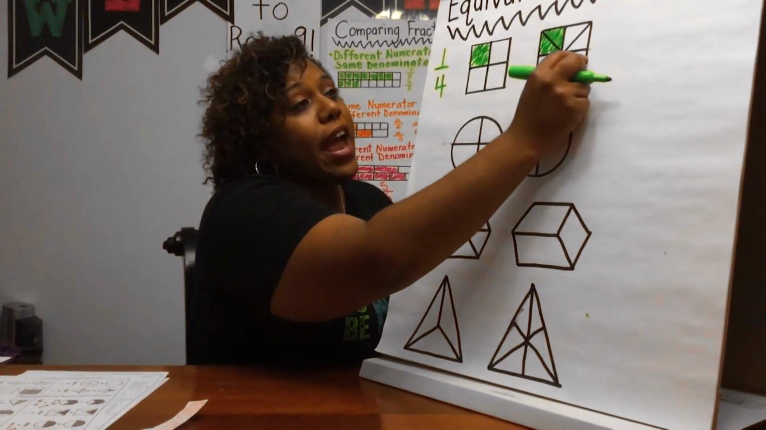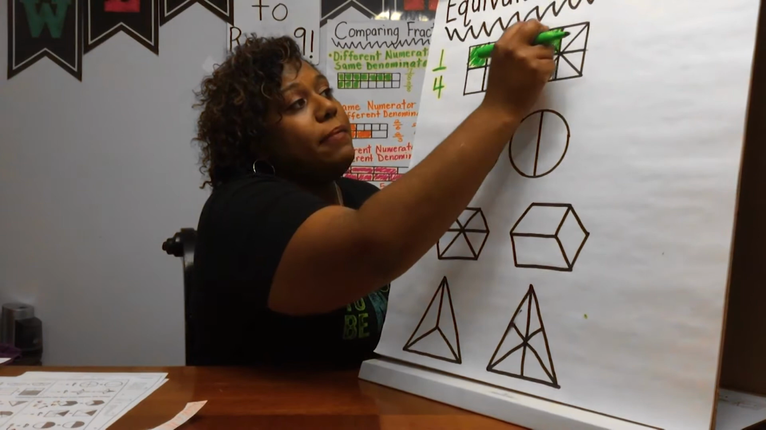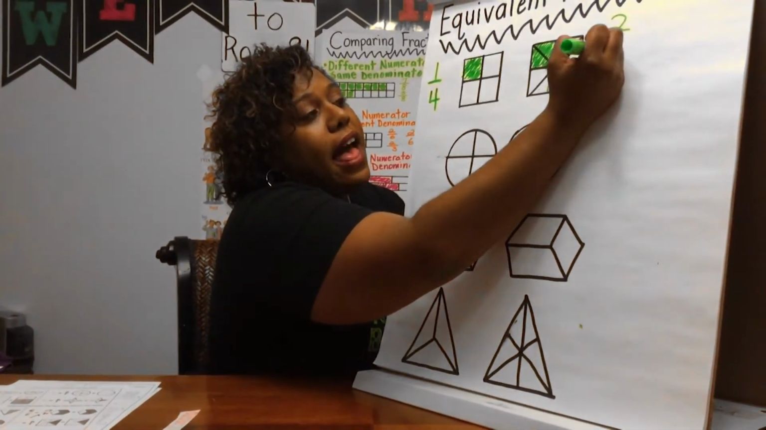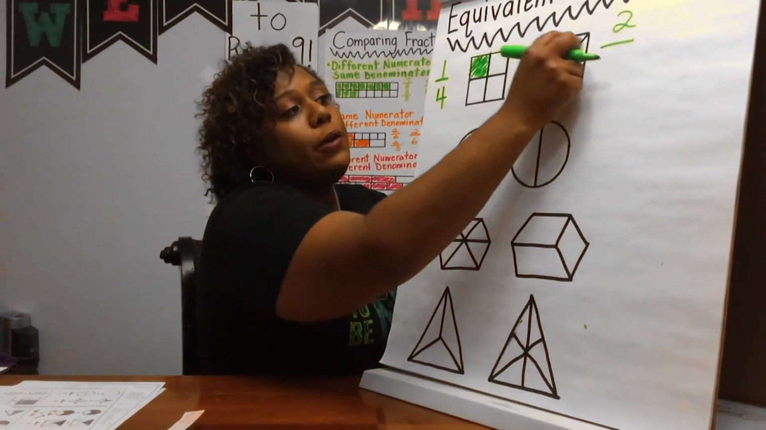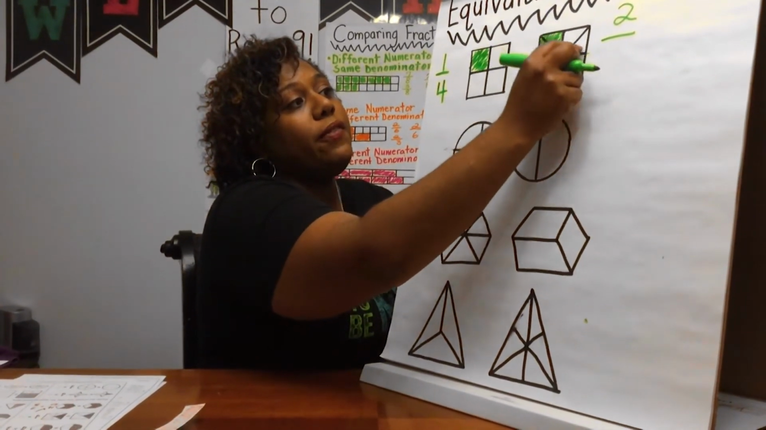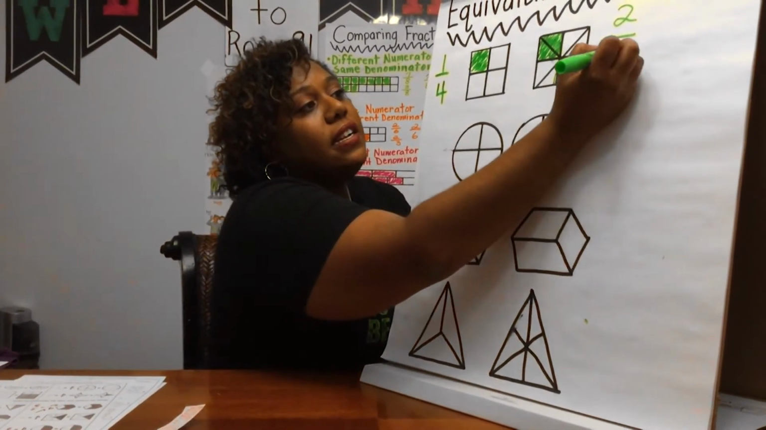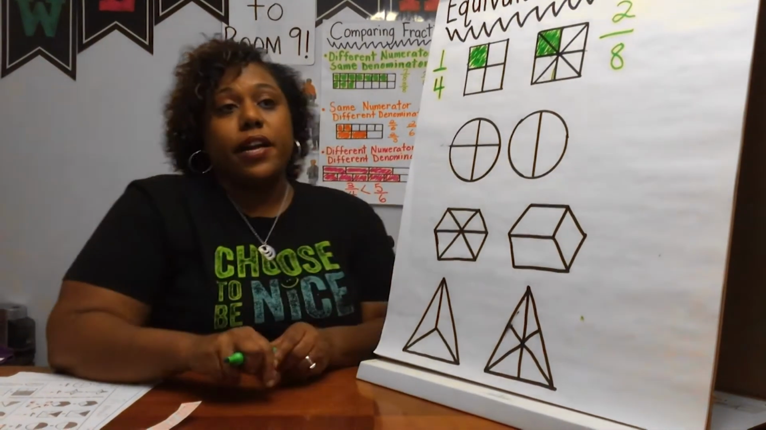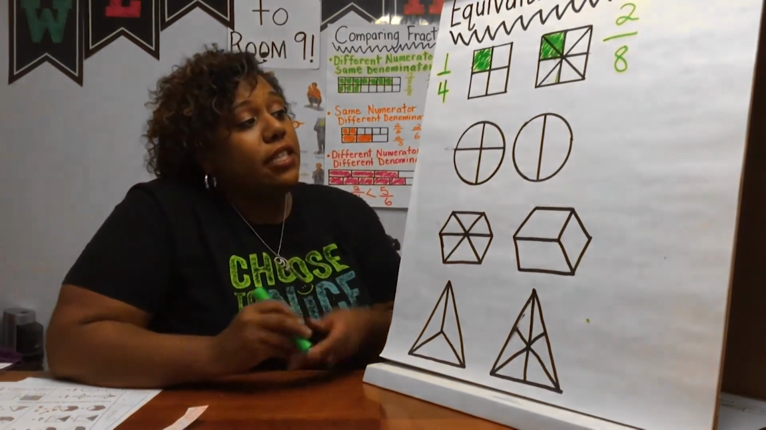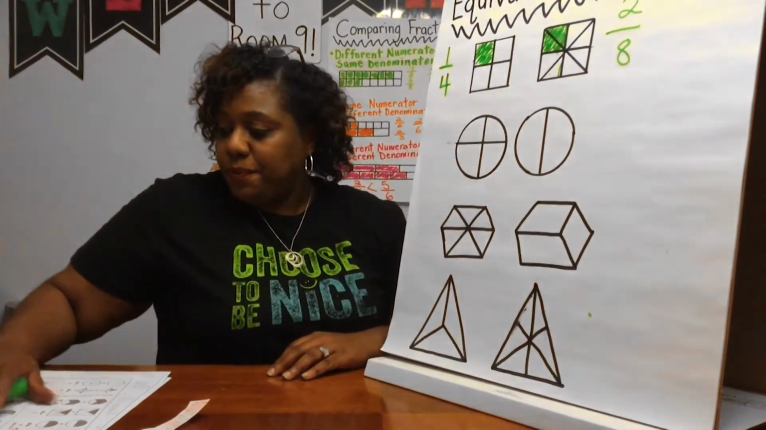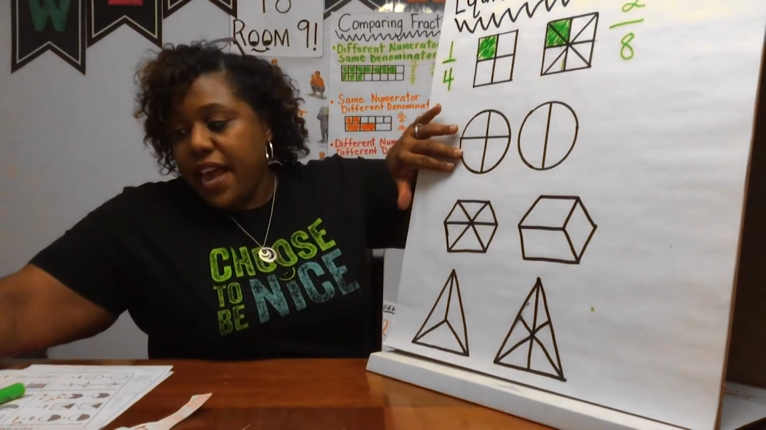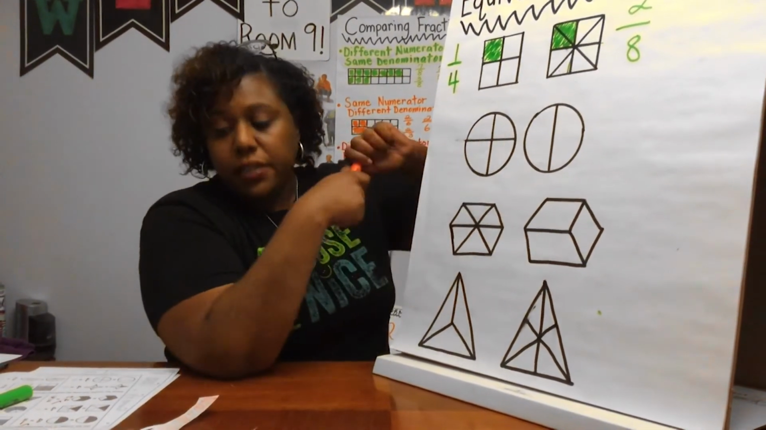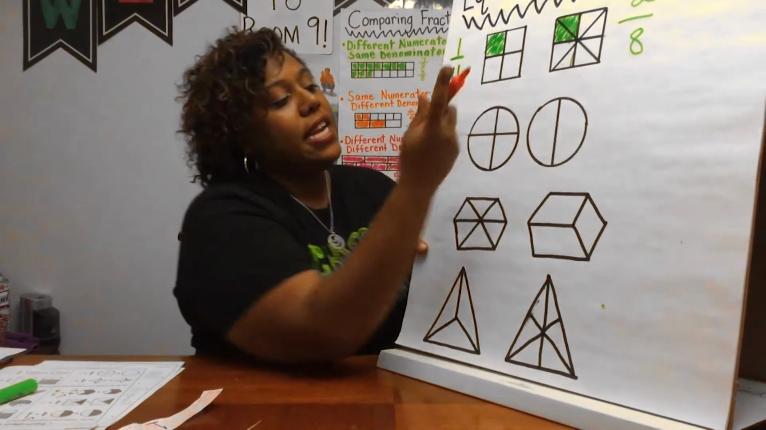So this fraction would be how many parts shaded out of how many parts total? 1, 2, 3, 4, 5, 6, 7, 8. 2 parts shaded, your numerator, out of 8 parts total. Okay, so let's do it with this one. How many parts do we have here? 1, 2, 3, 4. Okay, let's shade in